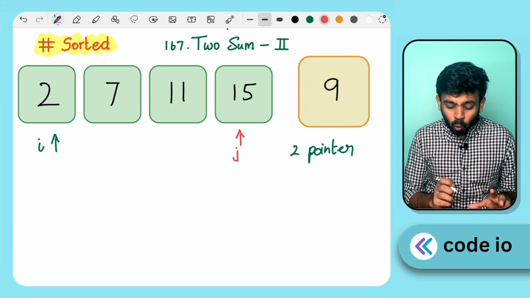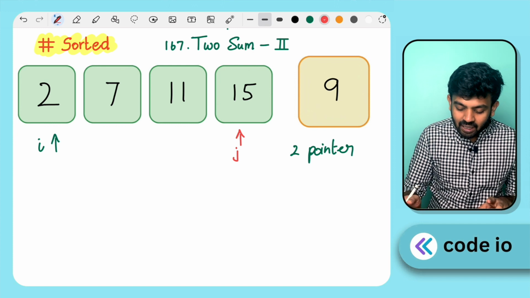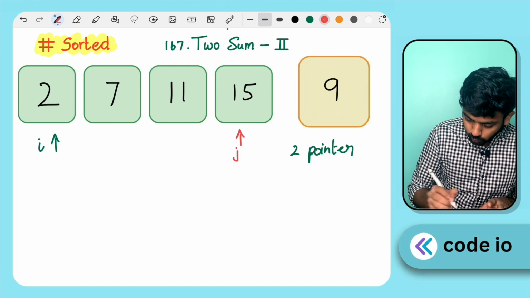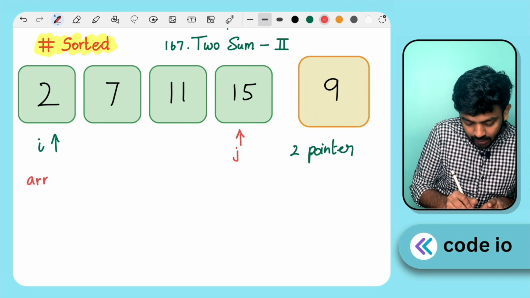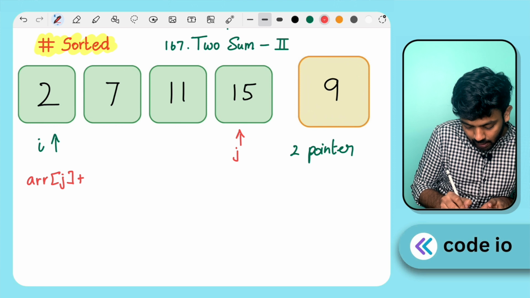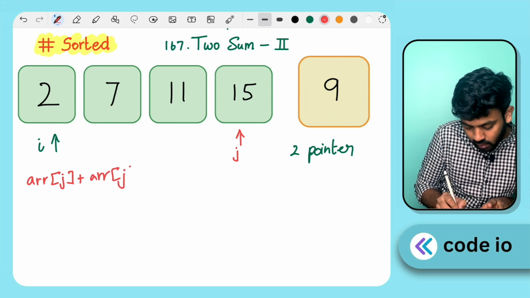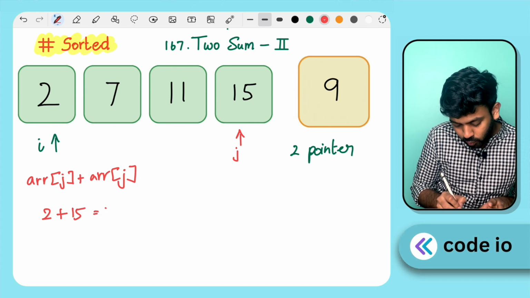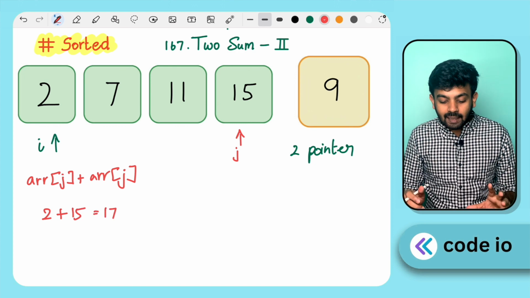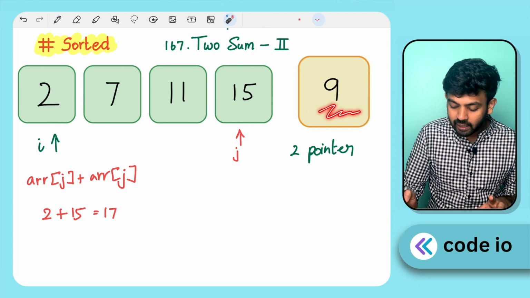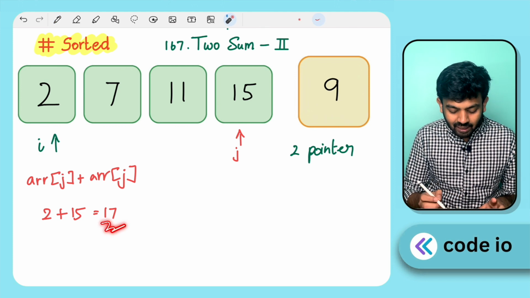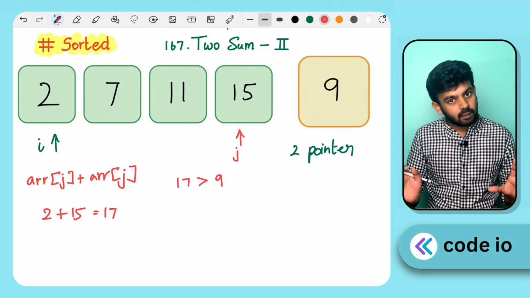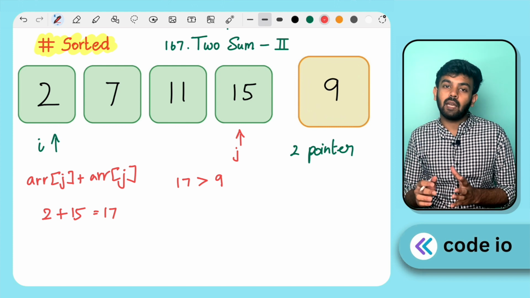Now what I am going to do is find the sum of these two elements. So this would be array of i plus array of j, right? In this case, this is 2 plus 15, which is equal to 17. Now the target that we are supposed to find is 9, but we have got 17. 17 is greater than 9, right? I hope we are clear with this. 17 is greater than 9, meaning